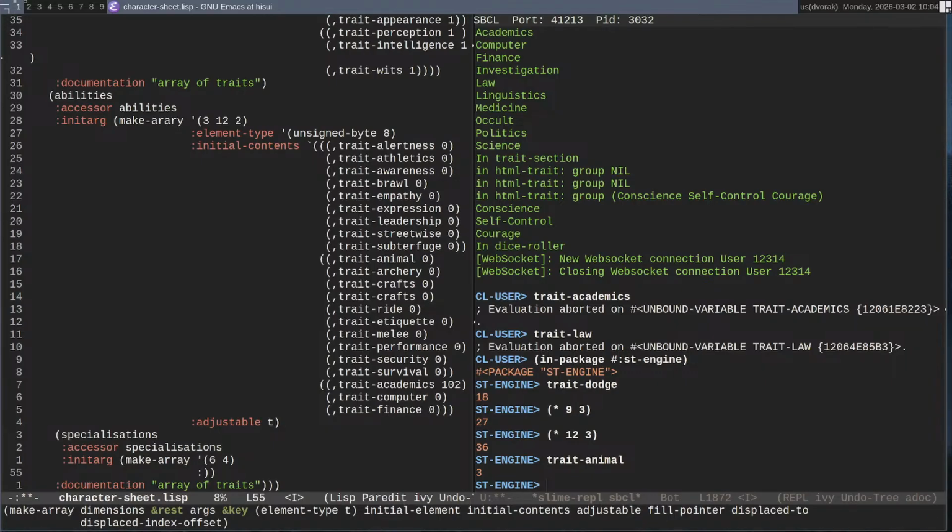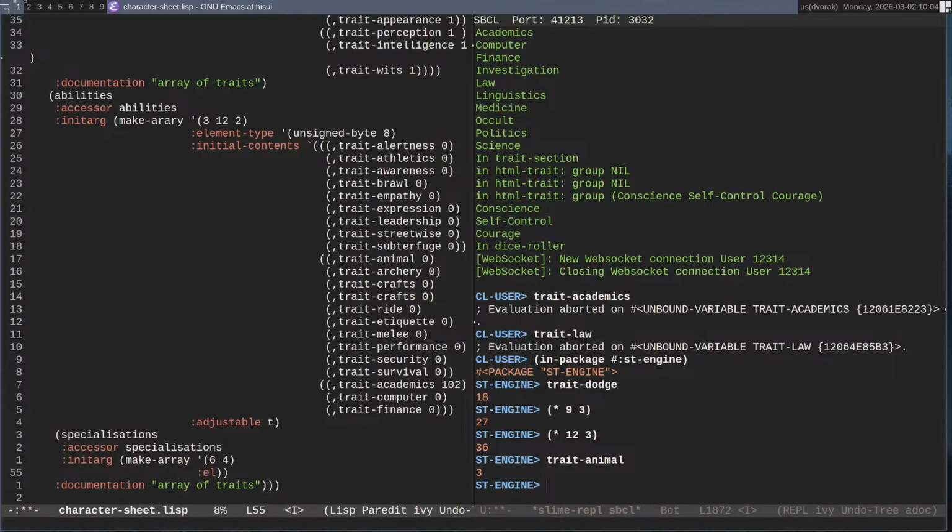So we're going to make it adjustable. We're going to have an element type, sorry. In fact, let me jump up here and just grab this one.